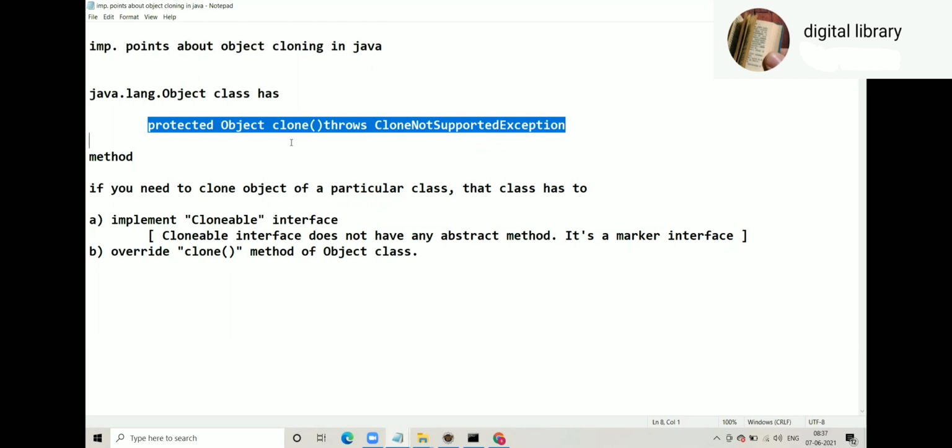Look at the signature of clone. What is different here from other methods is that this method is protected. So protected, what do we know about protected accessibility so far? Let us revise. Same package and in the subclass in